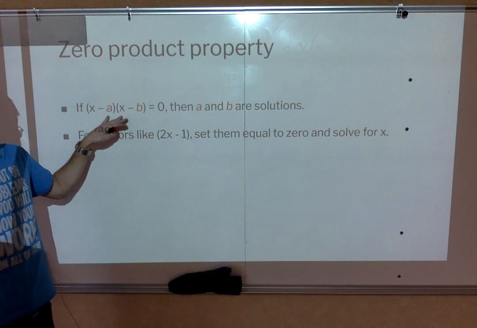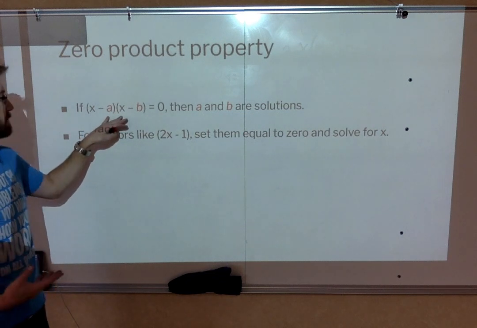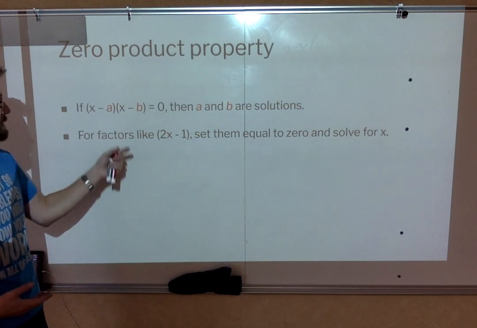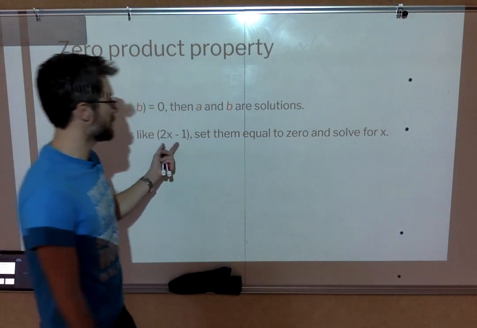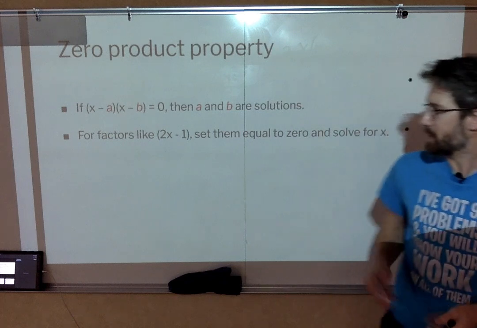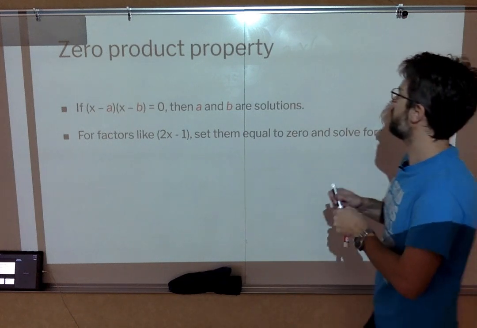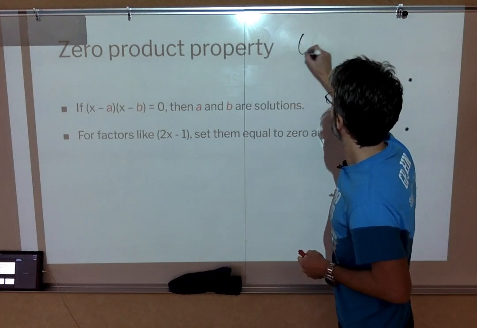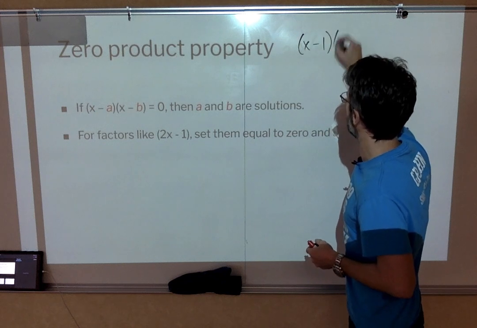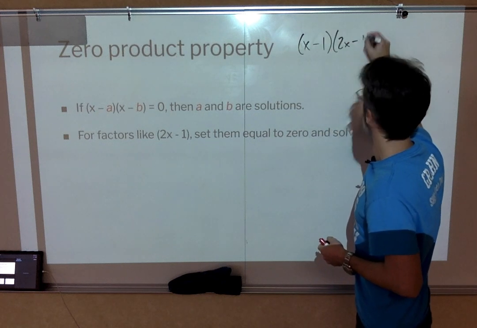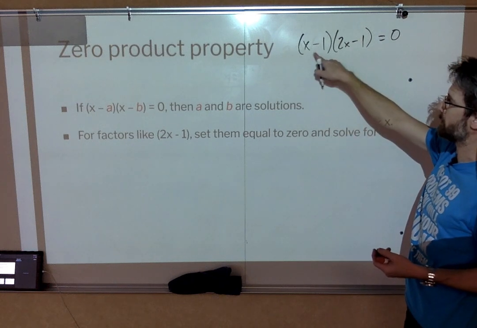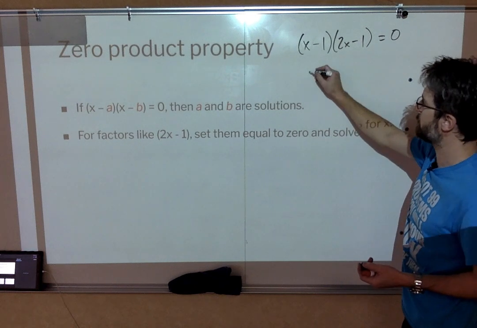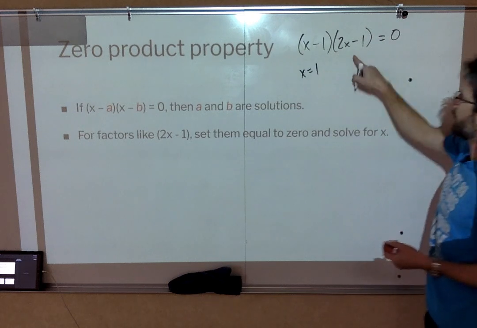Now, that's nice and easy for these ones, like x plus a number, x minus a number. All you have to do is flip the sign. If it's a factor like this, what we can do is a little bit of basic algebra by setting that factor equal to 0. So let's say we've got something like this. We factor it out and it's x minus 1 times 2x minus 1, right? That equals 0. Well, I can just flip the sign here because 1 minus 1 is 0, so that's positive 1. And then this one,